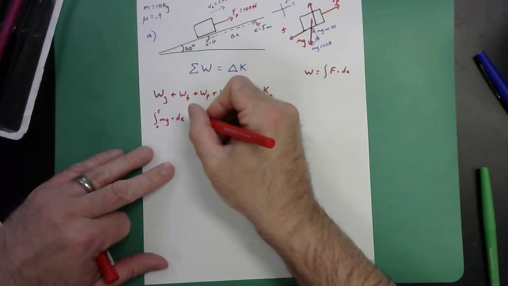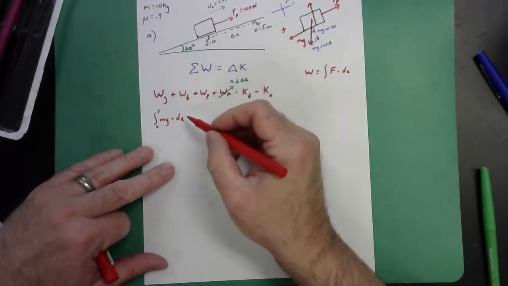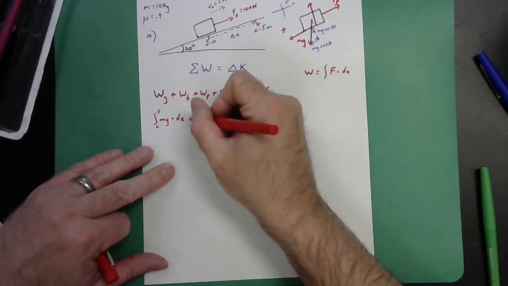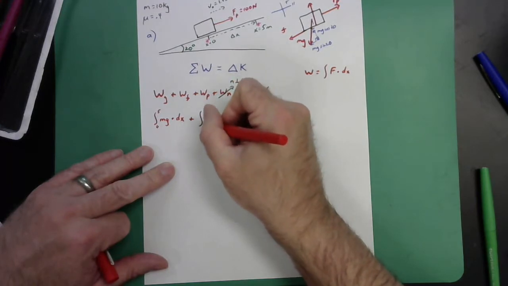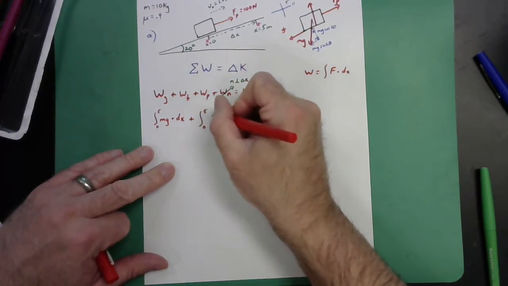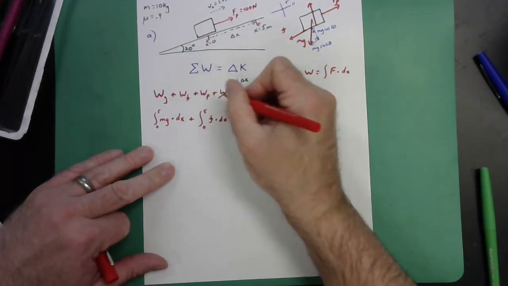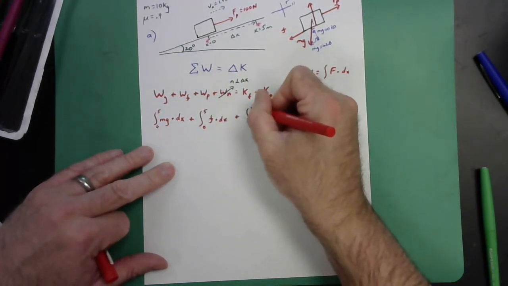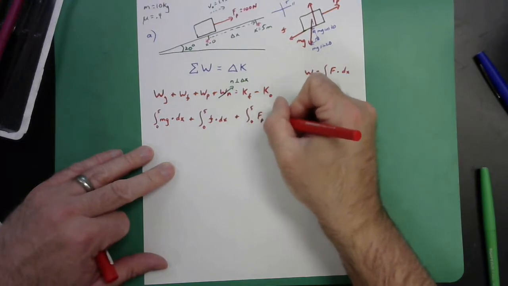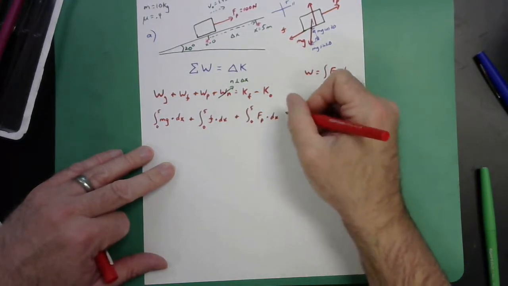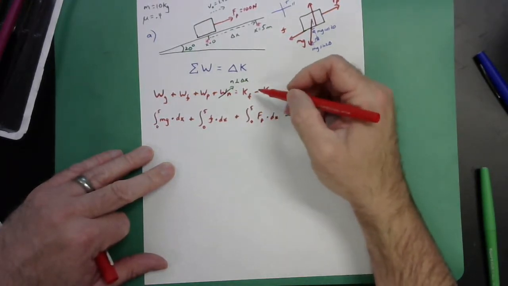Should I go ahead and fill in all the rest of the terms? Sure, real quick. I'm going to do an integral from x is 0 to x is 5 of the friction force dot dx. And I'd have an integral from x is 0 to x is 5 of that pushing force dot dx, equals, on the other side,